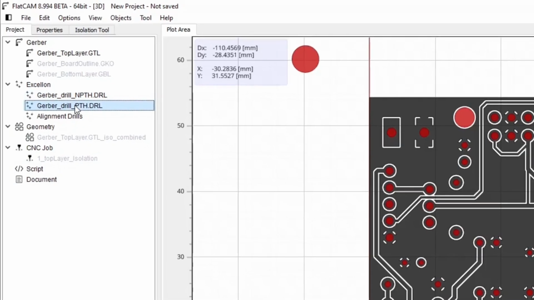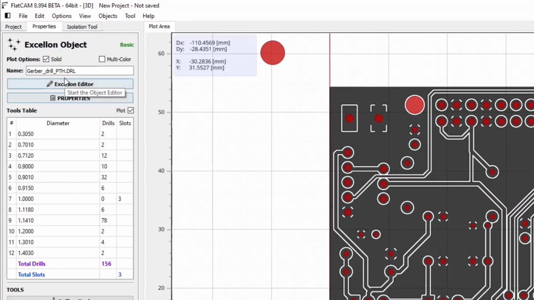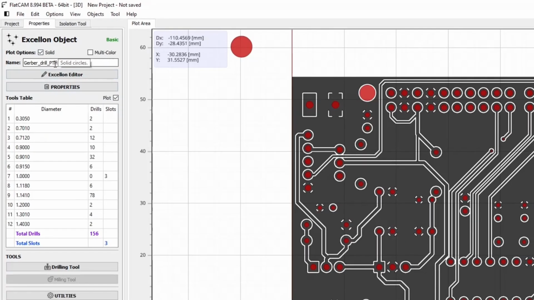So we double click on the file. On double-clicking the file, we are on the next screen, which shows us the properties of that Excellon object. We can see here that there are a total of 156 holes on this PCB board, along with 3 slots. So we will have to do 2 separate operations, one for drilling the 156 holes and a second operation for the